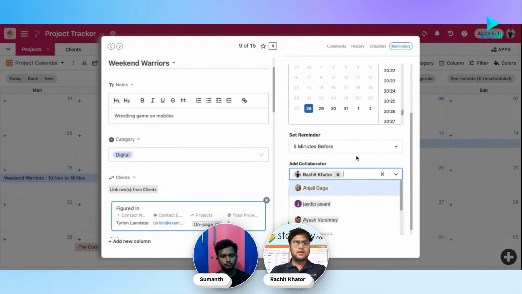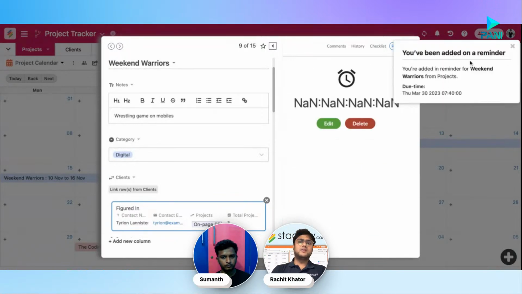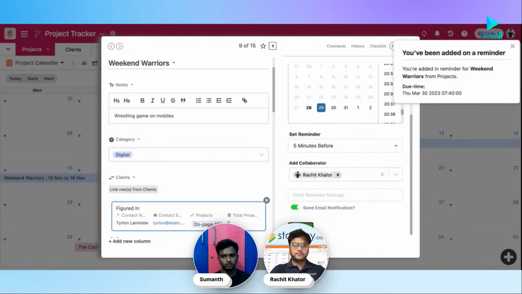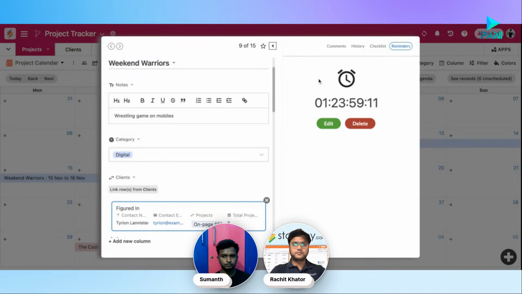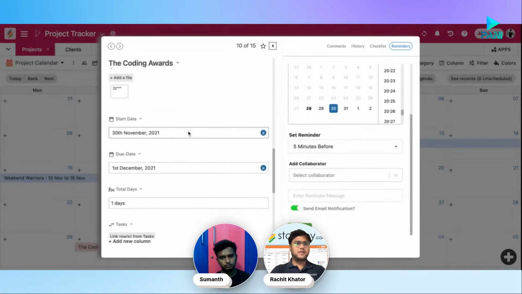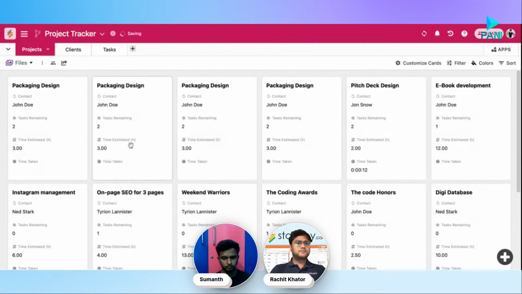So 5 minutes before you want to send an email notification and a reminder message. So as soon as you add somebody, they will get a notification like this that you've been added on a particular reminder. So I can just basically do it like this. Yeah. So the reminders, and I can do it for all the other records that I have, within the platform. So I can also create gallery views, like this, where all my records will be seen as cards,